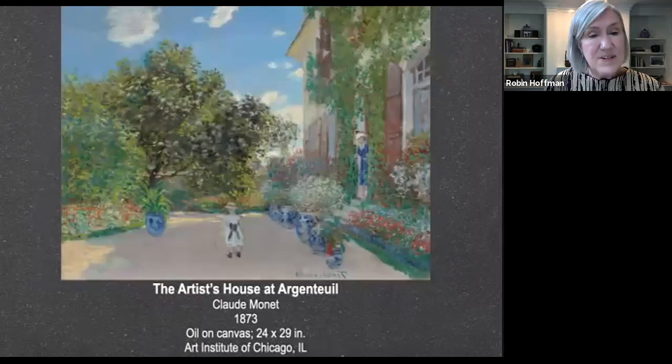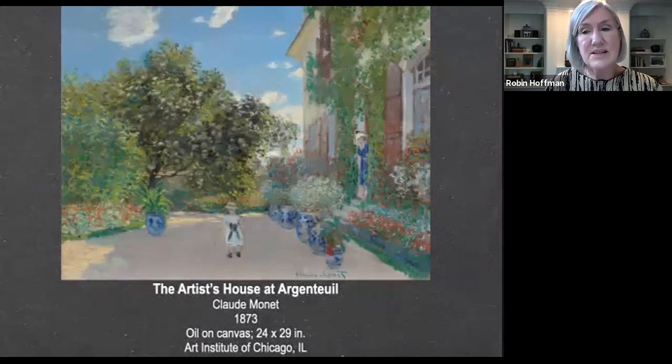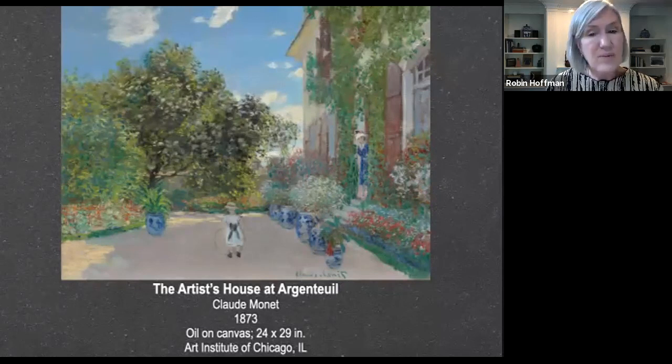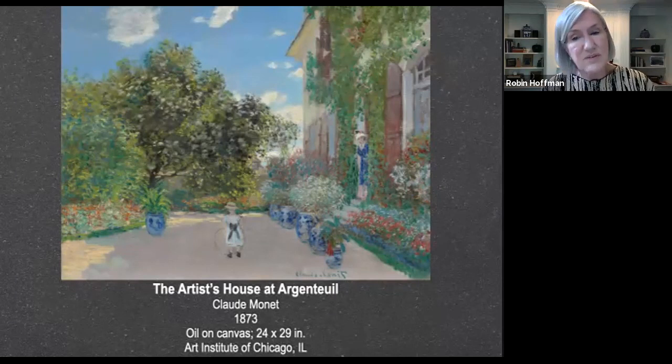Now, this composition gives us a sense of Monet's happiness during the summer of 1873, when his fortunes were at their brightest. Monet had a loyal dealer, Paul Durand-Ruel, and his paintings were selling well. He and Camille had one son, Jean, whom we see in the foreground playing with a hoop, and the Monets were quite prosperous, as we can see by their large house. Monet was at last living in the bourgeois style of his own family, who had virtually disowned him for his profession and his alliance with Camille.